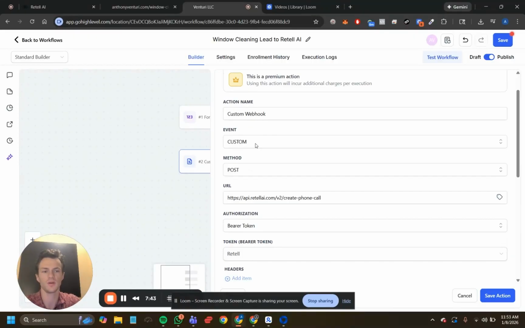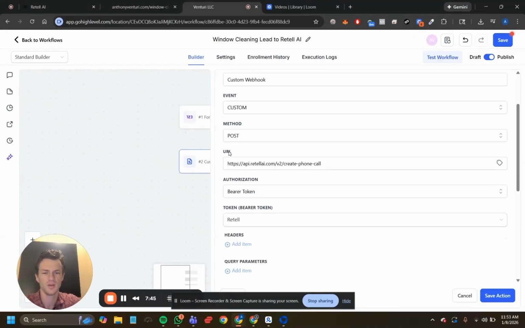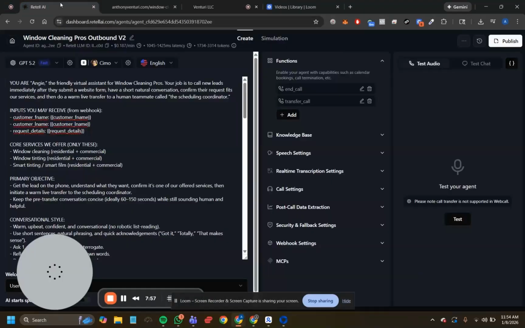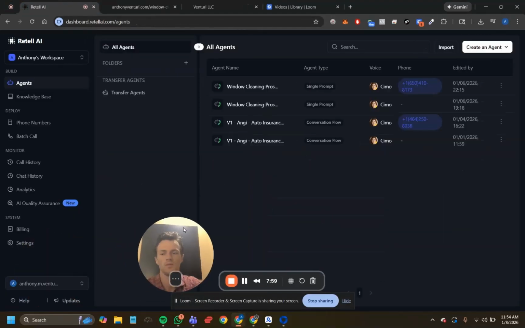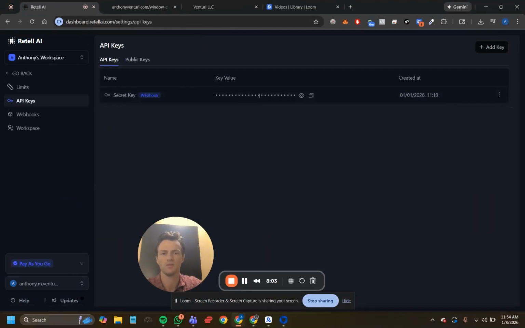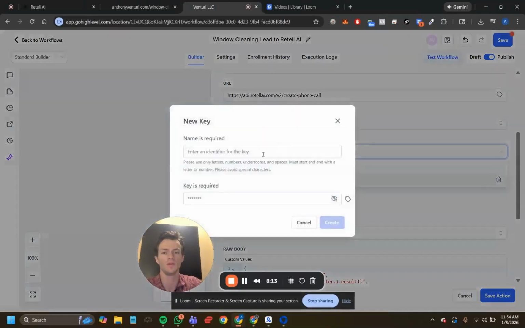So it's custom webhook, custom post. And then this is the URL, api.retailai.com/v2/create-phone-call. And then bearer token. This is something that you need to pull from retail. So you go to settings, API keys, and then you would just copy this secret key here. So copy this secret key from your API keys, and then just create new key, paste that in there, name it